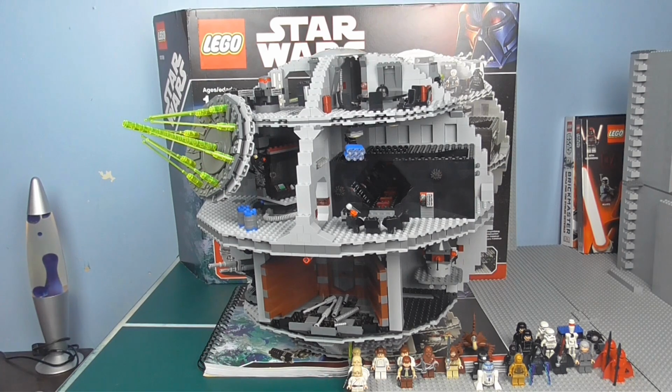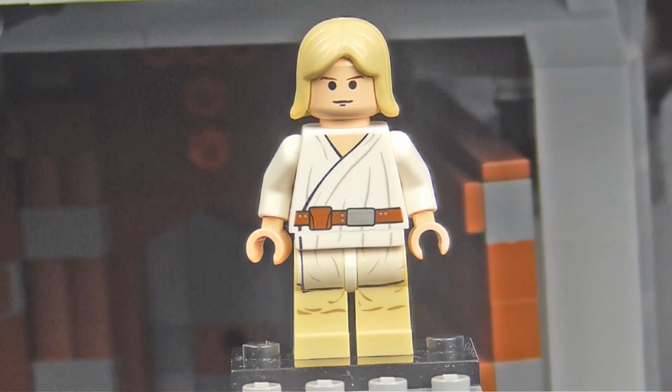And yeah, really, so let's just get into this set to do my biggest and definitely one of my best reviews of all time. Alright, so first up, to start this minifigure wave, if you will, we have, of course,